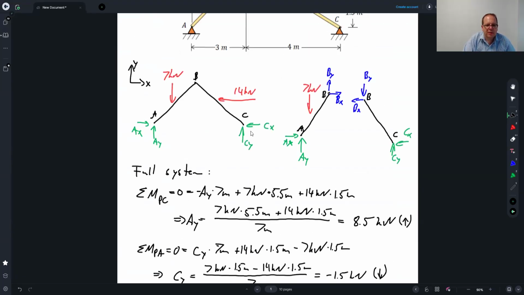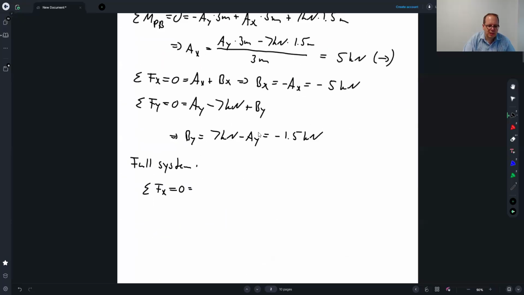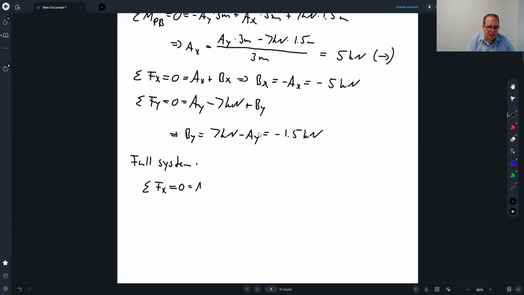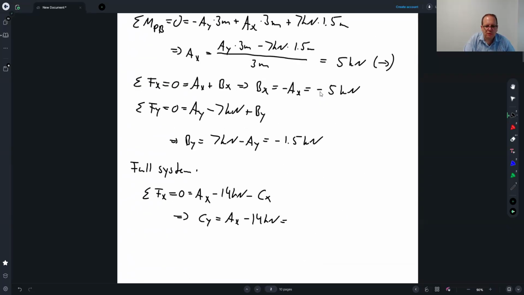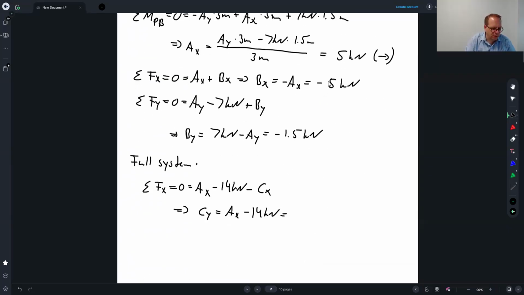I have AX minus 14 kilonewton minus CX. That means CX is AX minus 14 kilonewton, and AX was 5 minus 14